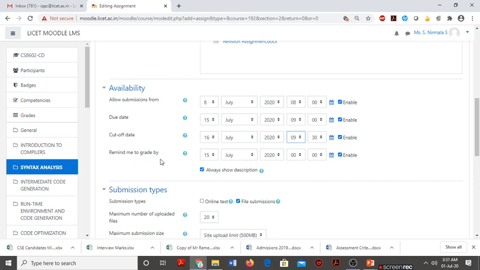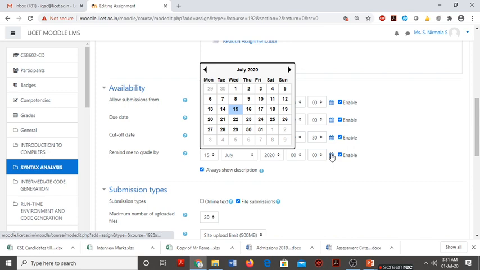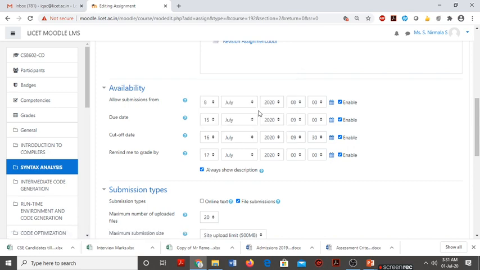This is the setting for the teacher. So if we set a reminder for ourselves for grading this assignment from 17th of July, then these due dates appear for the students and a reminder for grading appears for the teachers.